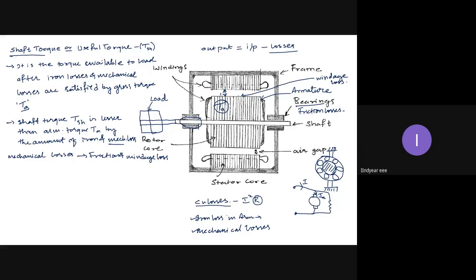Like I told, whether in the previous class or in another class, if a rotating machine is incurring say about 100 watts of loss, out of 100 watts, more than 50 to 60 watts are the mechanical losses. Mechanical losses take a major share of the losses, whereas electrical losses are minimum.